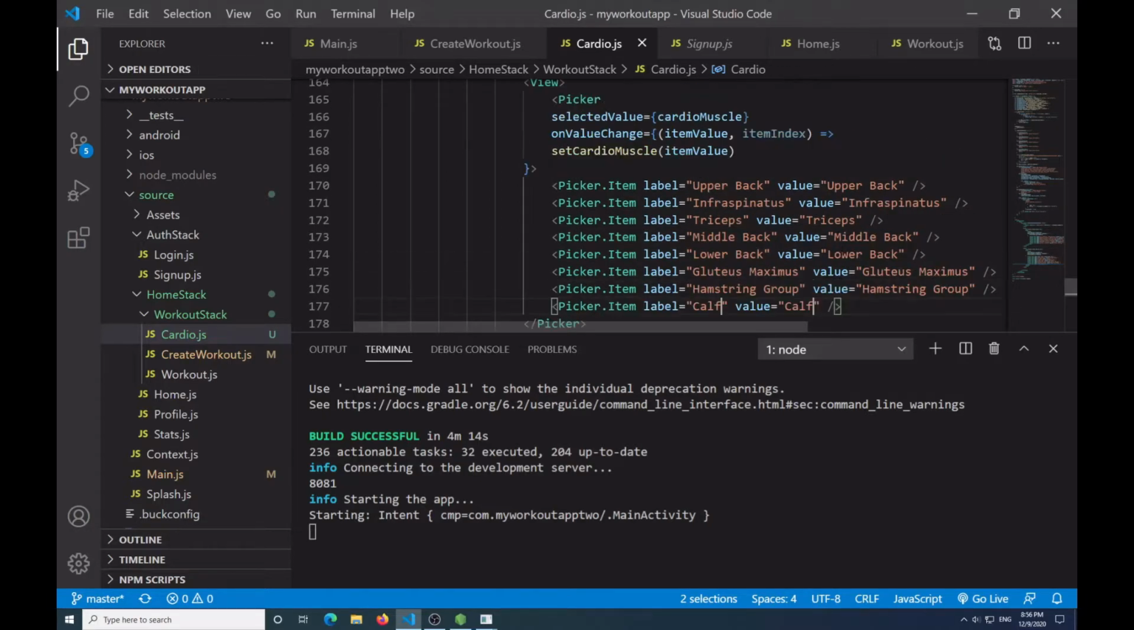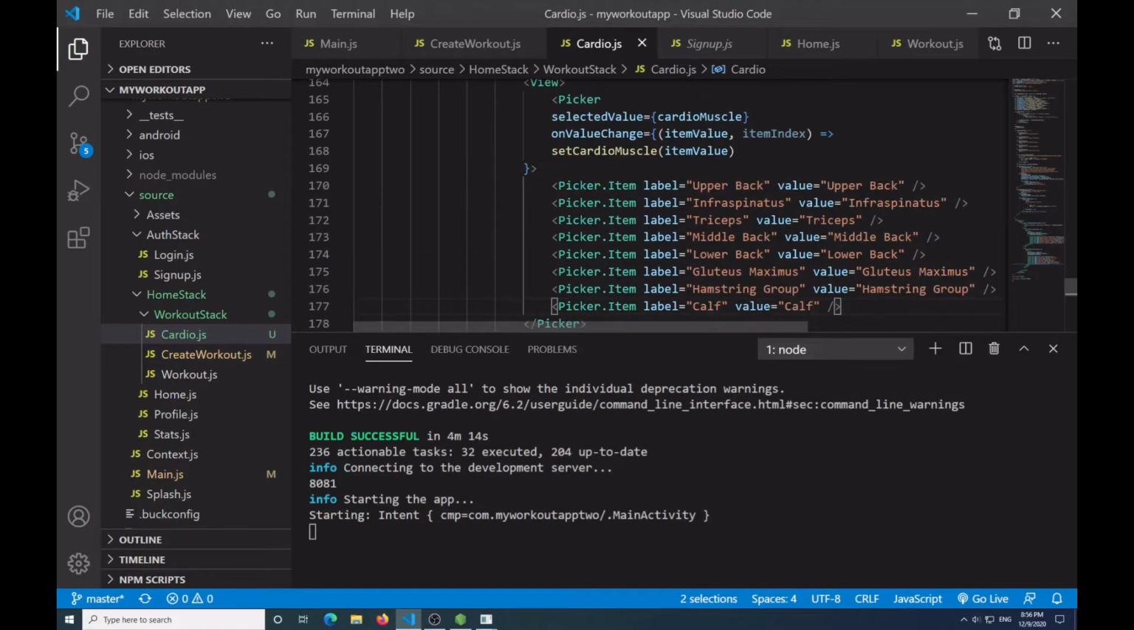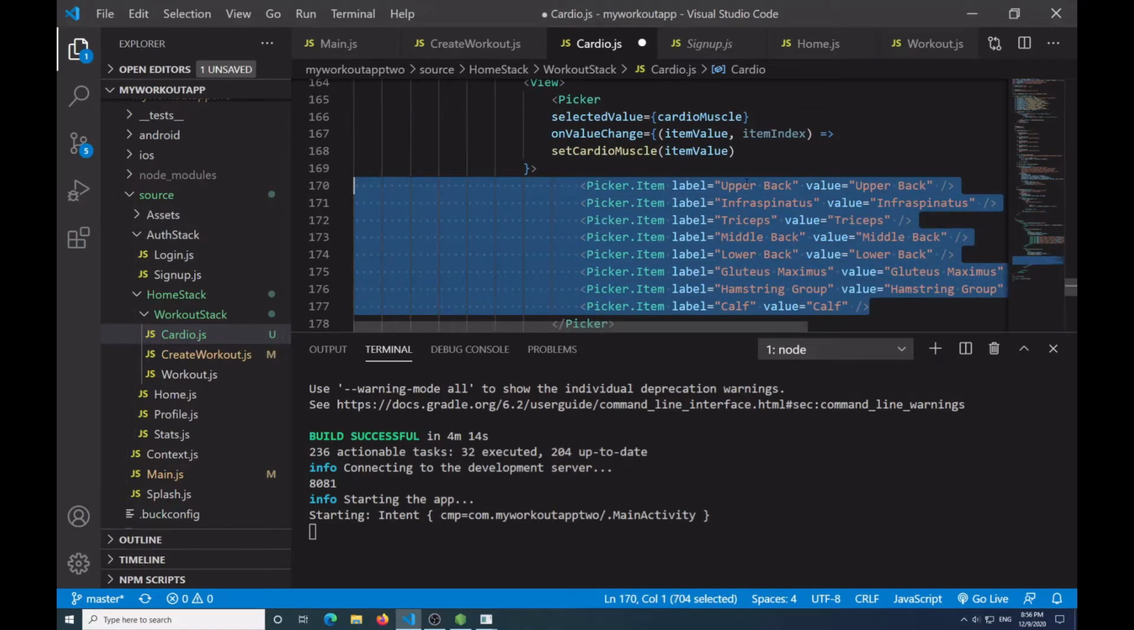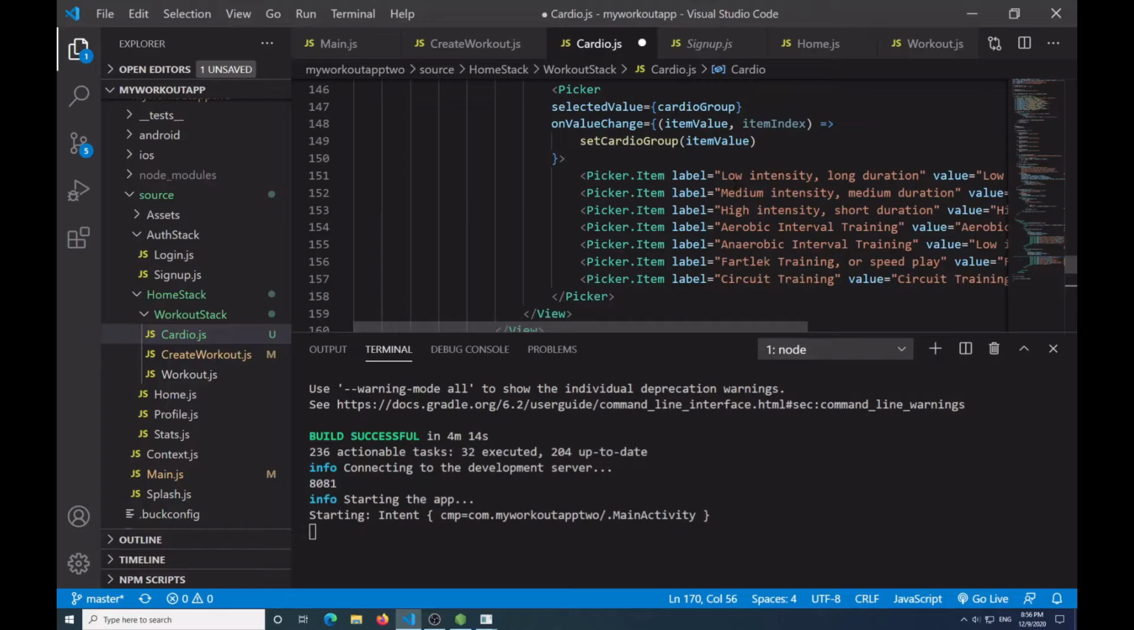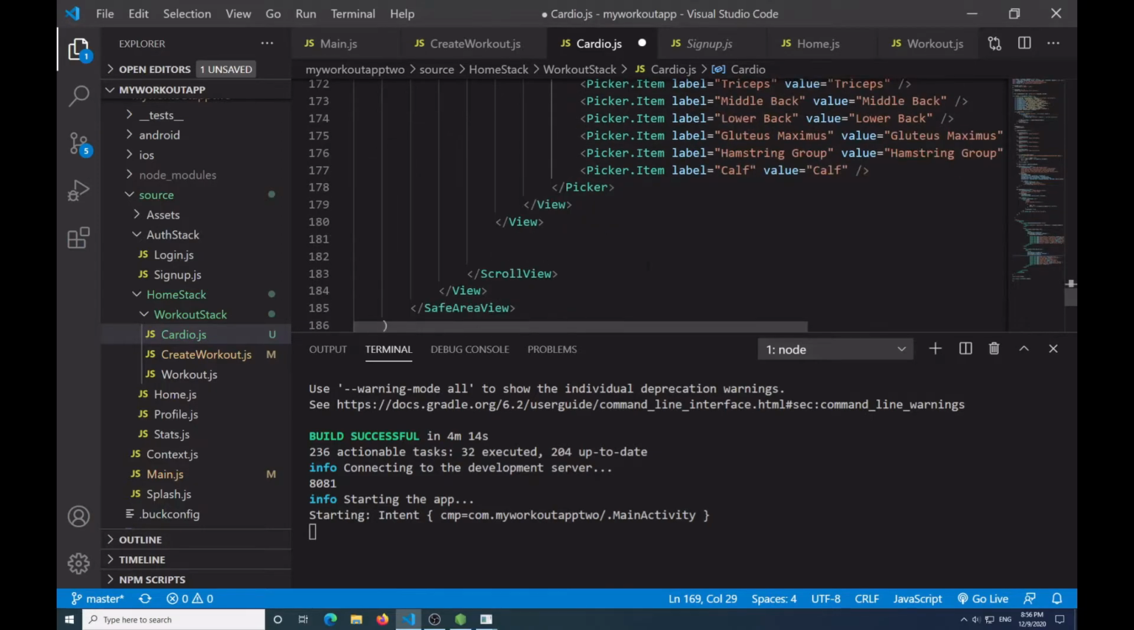Now, there are more muscles obviously that you can be doing, but these are kind of like the basics that I found that just work, so I'm going to keep it at that. I'm just making sure this is all spaced evenly. Much better. Okay, so now that that's spaced evenly,